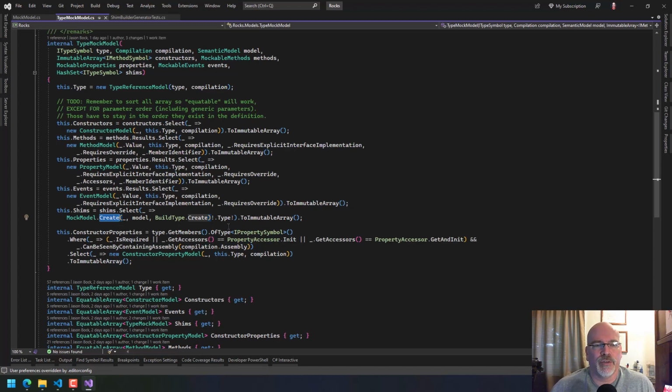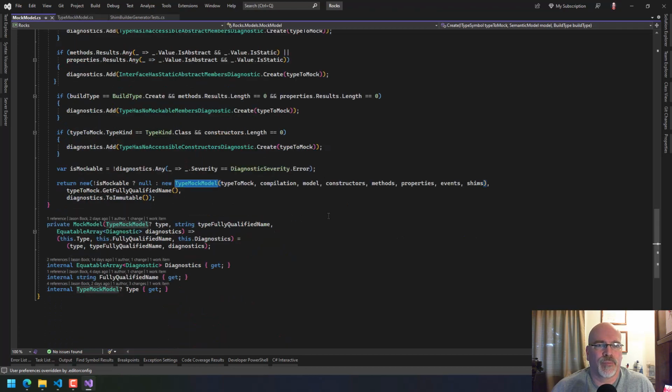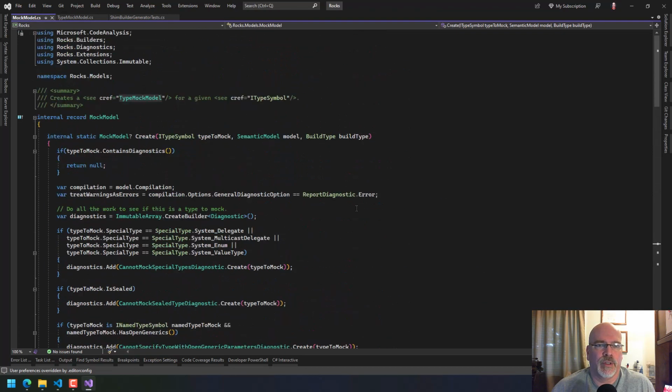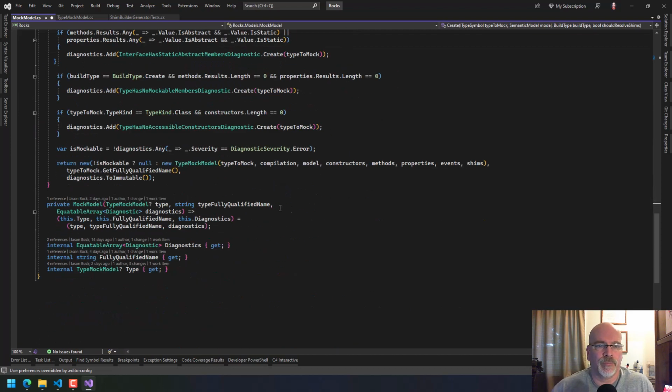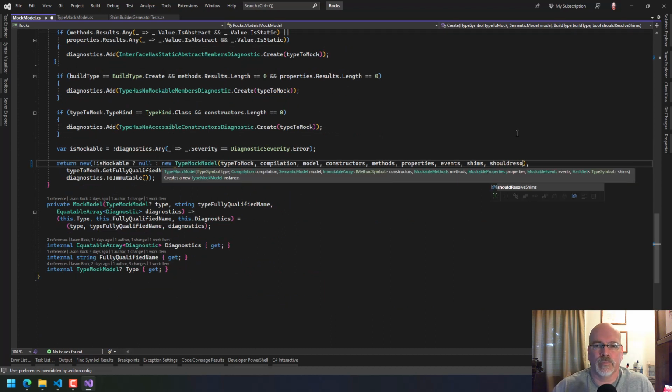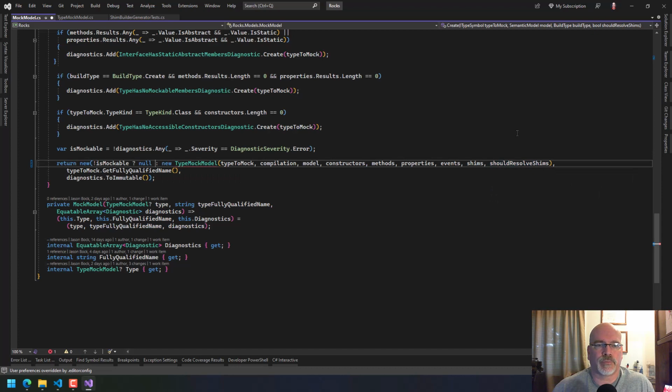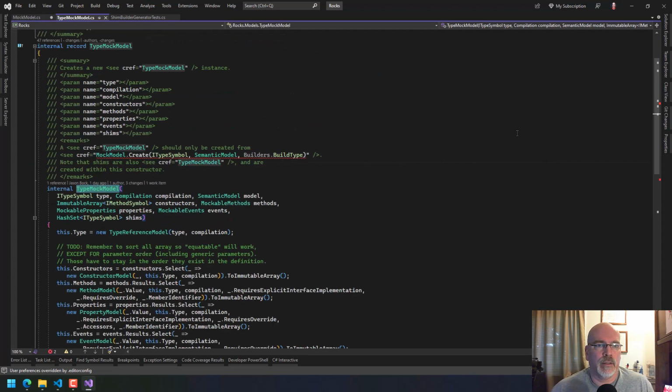But so I've got to have something in here that does that, and in turn passes it into this to say, you don't need to resolve shims. Now I could do what I've been doing before, which is to make an enumeration, should resolve shims. And then you still have to find them. I'm not going to get rid of that. But here what I need to say is, okay, now I don't pass that in yet, but I will. And then here